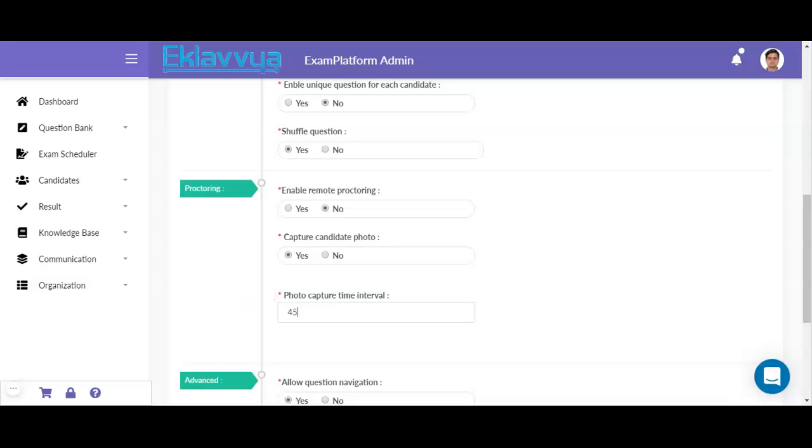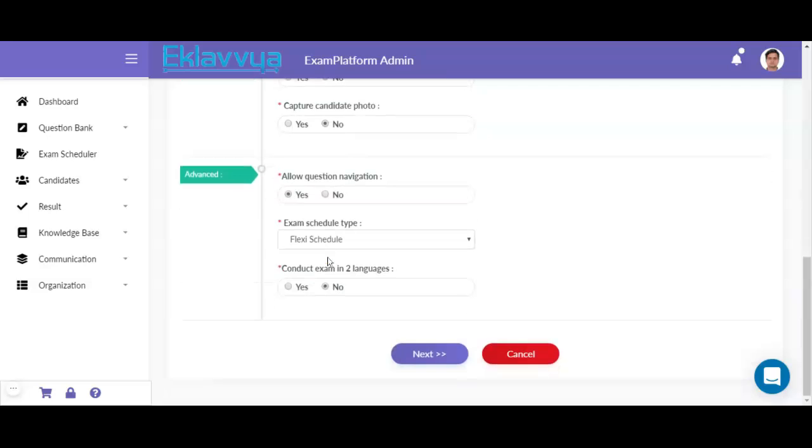Since candidate photo capture is enabled, the system will capture the photograph of the candidate who is attempting the online exam, and it becomes very easy for the exam administrator to authenticate if the exam is happening as per expectation or not. If you do not wish to capture the candidate photograph, then you can set this field as no.